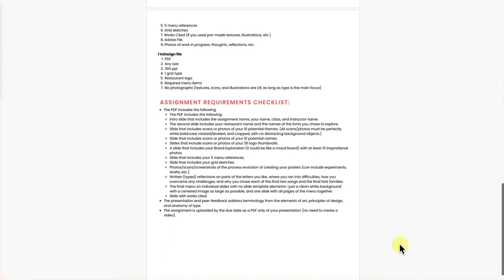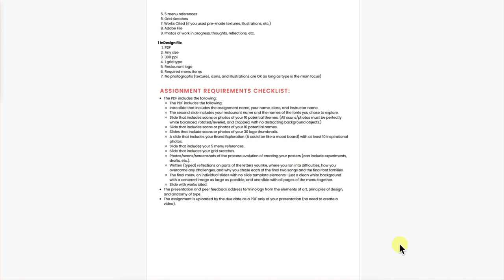So for the assignment requirement checklist, you were to include in your PDF the intro slide that includes the assignment name, your name, class, and my name. The second slide includes your restaurant name and the names of the fonts you chose to explore. Then a slide that includes scans of your photos of your 10 potential names, and then a slide that includes scans of your photos of your